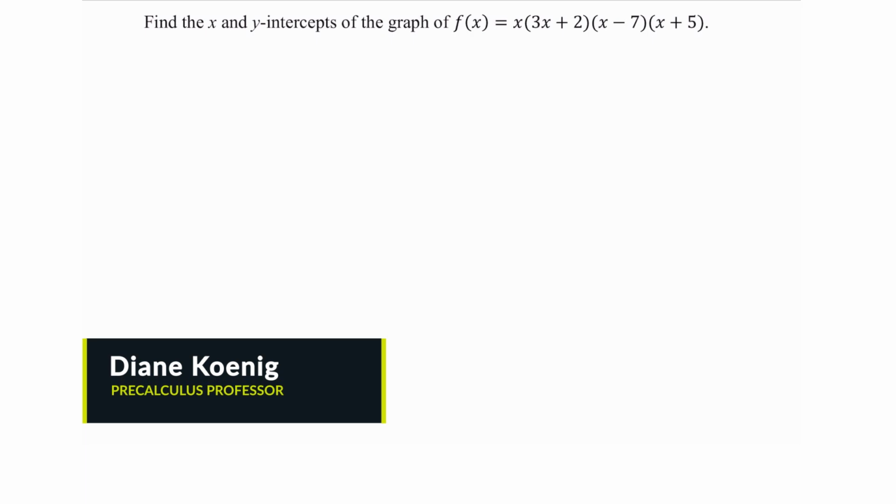Hello again. What we are going to look at in this video is how to find the x and y intercepts of a graph when it's given to us in a factored form. So we are going to start with looking at finding the y-intercepts. For the y-intercept, remember, to find that, you substitute